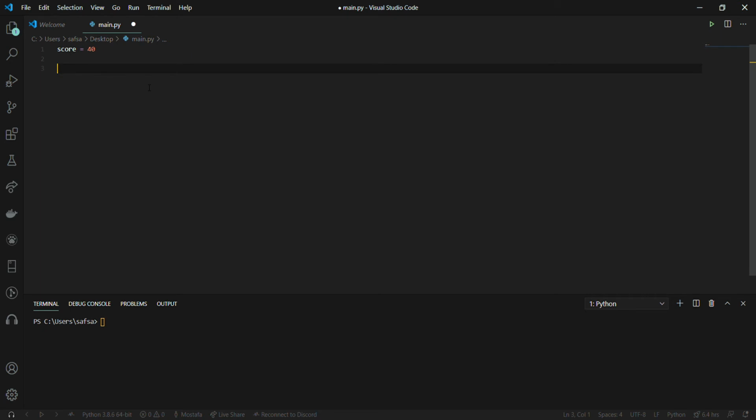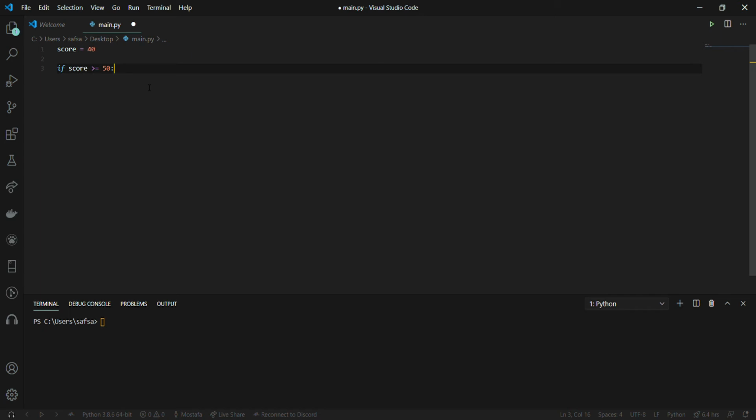So first of all, let's write out an if condition. If you write an if condition, you just write if, simple as that. And then you put the expression that you want to compare, or the expression that you want to evaluate. So we have the score. We want to check if this score is bigger than or equal to 50, because if someone gets exactly 50, they're going to pass. So if the score is bigger than or equal to 50,